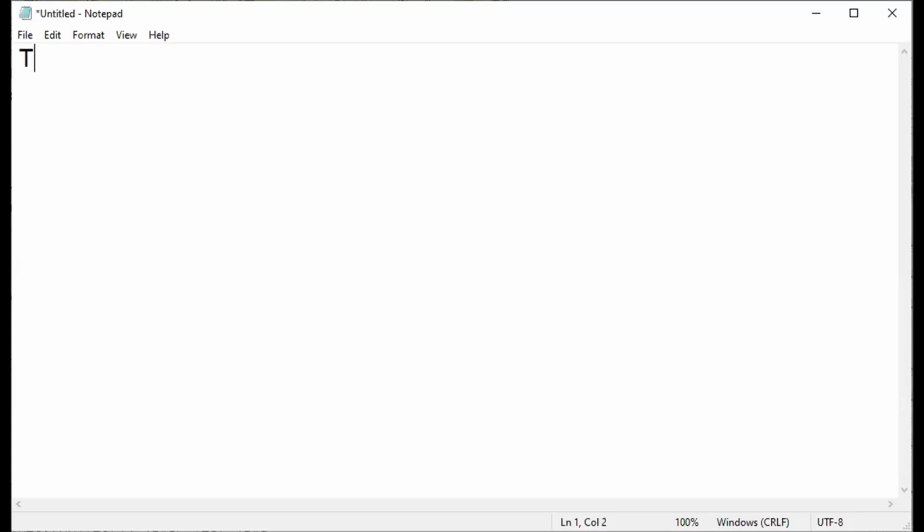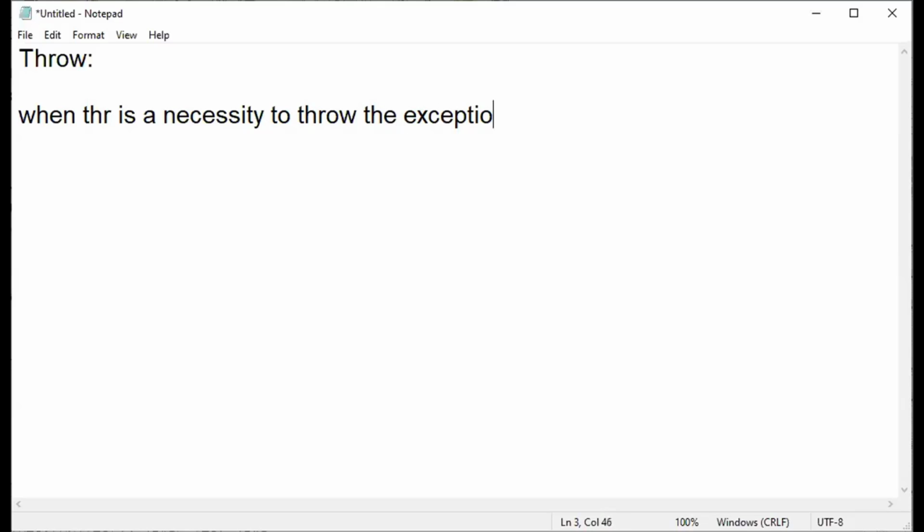Yes. So the next small topic which we need to discuss is nothing but throw. What is this throw? What does throw say? When there is a necessity to throw the exception explicitly, then you will be using a keyword called throw. How will this throw be done? You need to write the keyword throw, then you need to pass